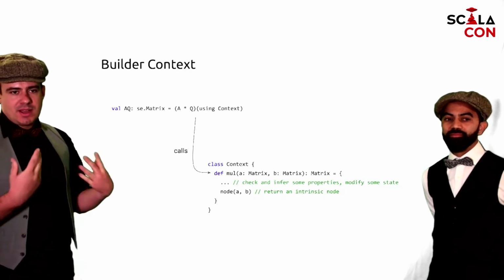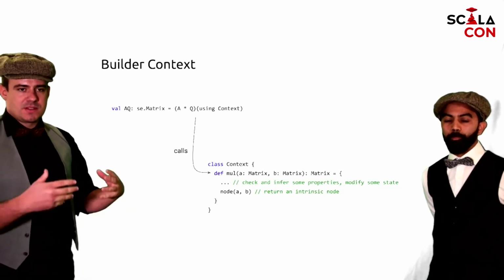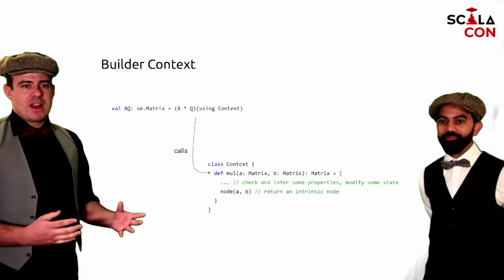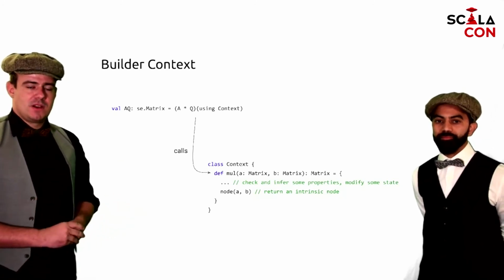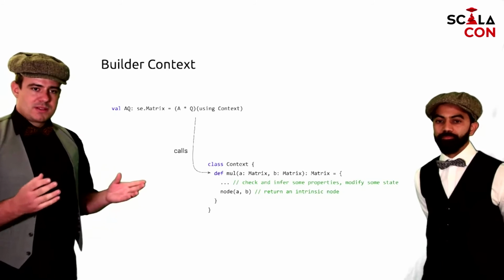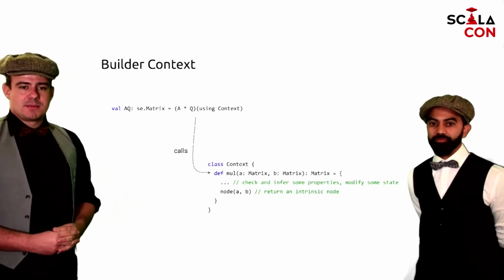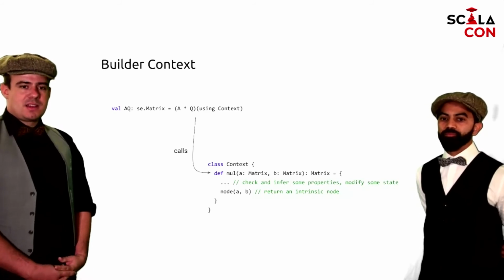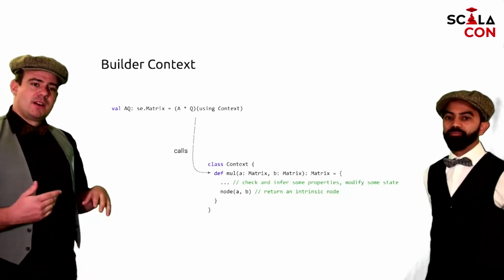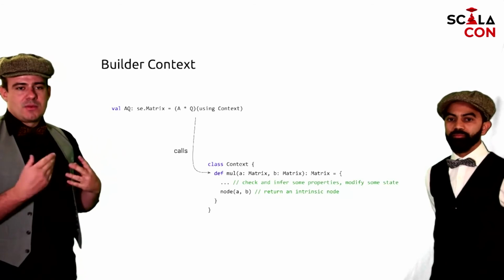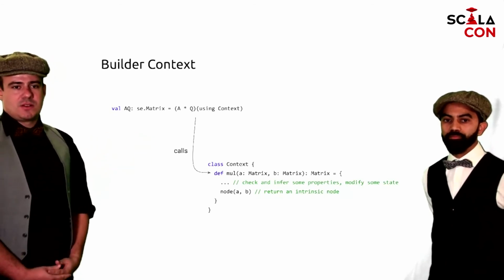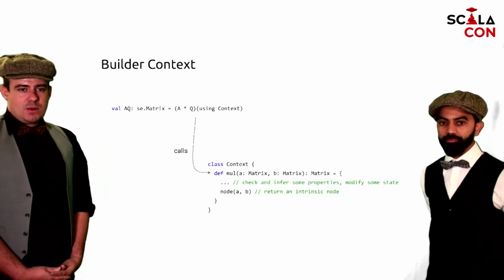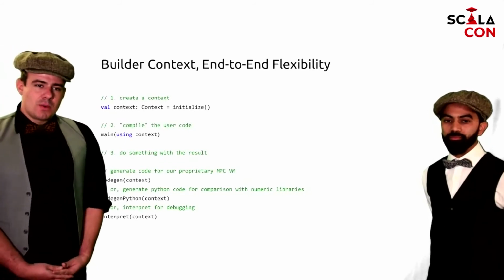And this is where we, as the developers of this library, now get free rein. We can decide that all the state management, error reporting, some kind of type checking, or other property inference can all be done in this context. The only thing we do is return some kind of node that at the user level will then represent some relation to this context. And so what does this all enable us to do?